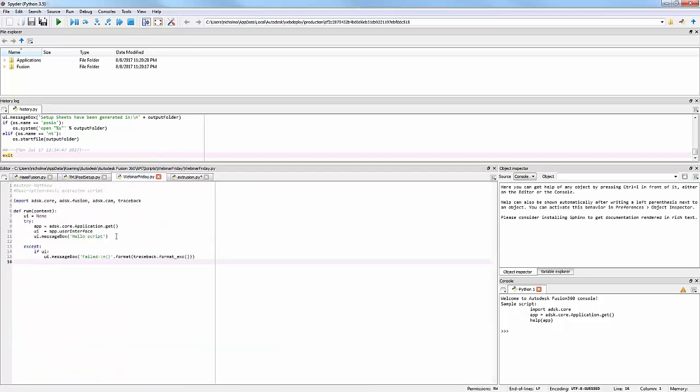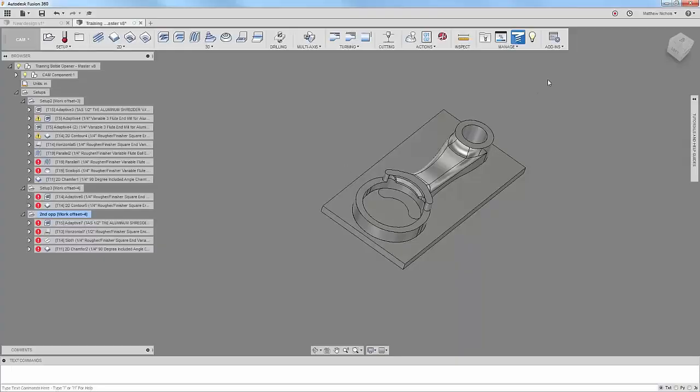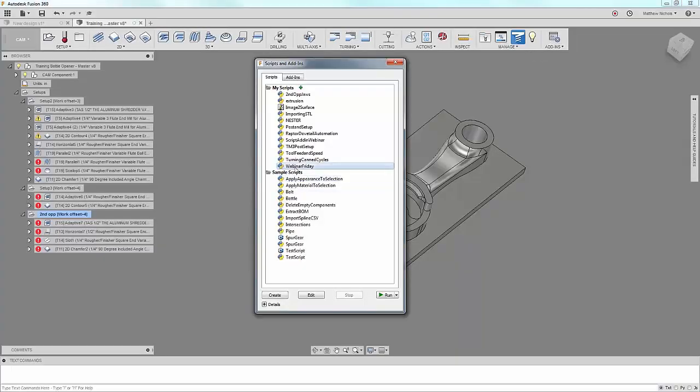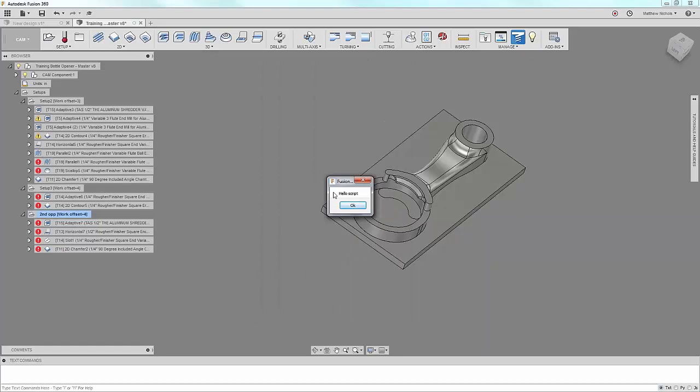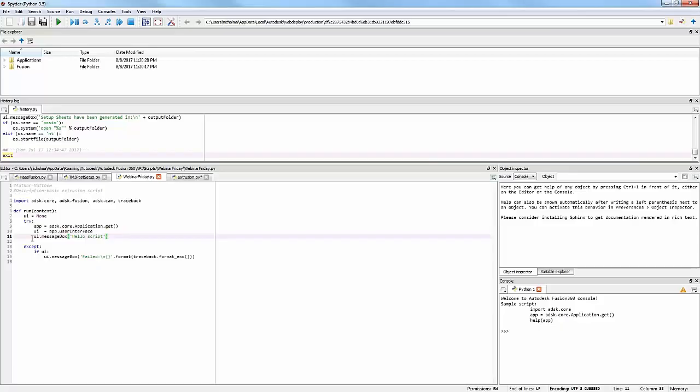Right now, if I go in and run this in Fusion, I'm going to get a message box that says "Hello World," which is always kind of funny to see. So let's hit run, and you'll see... or "Hello Script." My bad. I want to go ahead and take that out because we want to create a